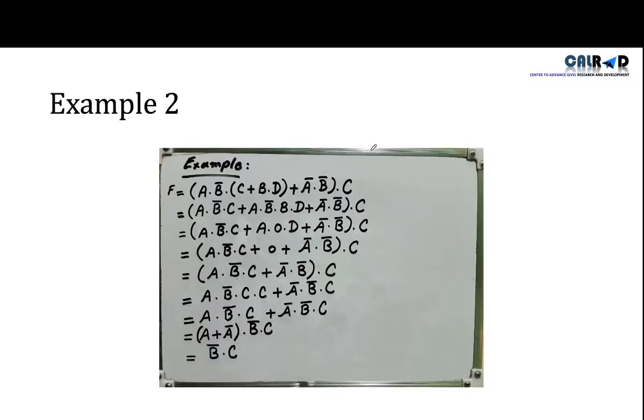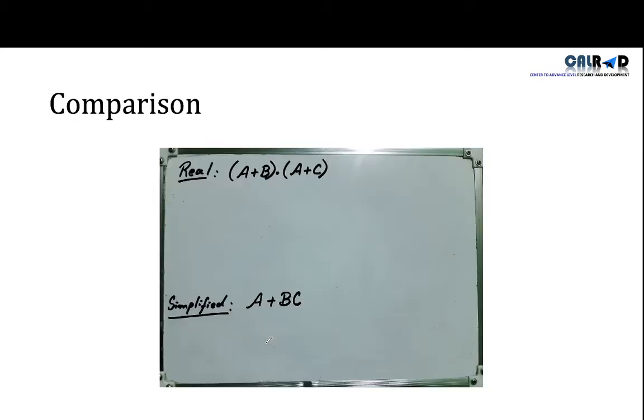So now we will check whether the output of the main equation is similar to the output of the simplified equation or not. How will we check that? Last time we solved two equations, (a + b)(a + c) and a + bc. This was our answer and this was the main equation. Now first we will draw the block diagram for this equation. Then we will draw the block diagram for this equation, and we will check the output for both equations. So let's start.